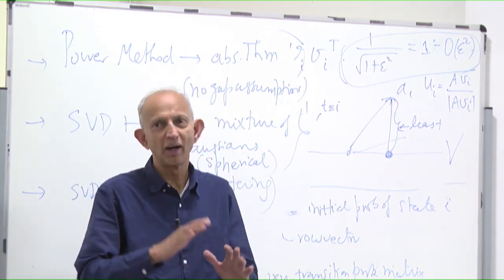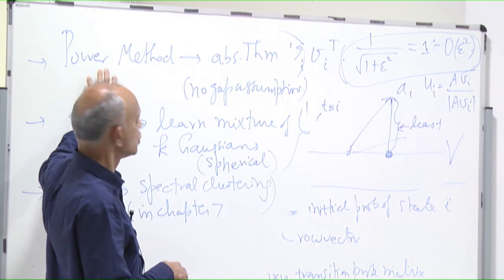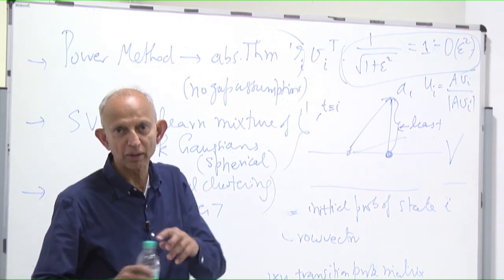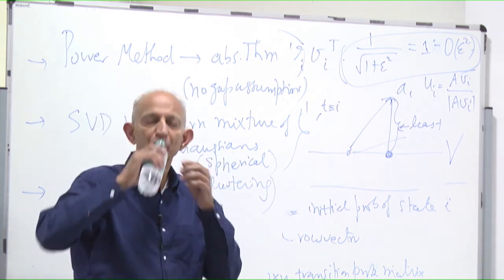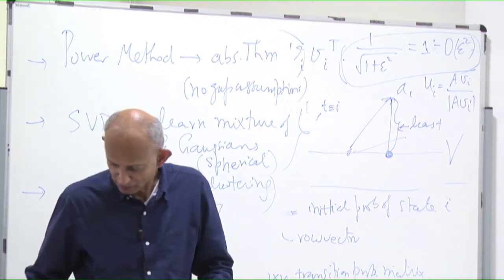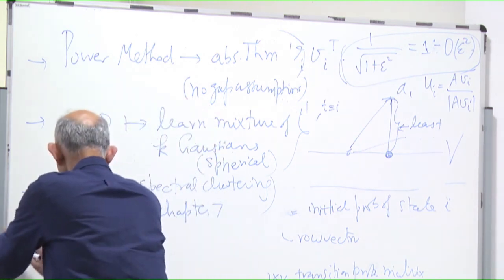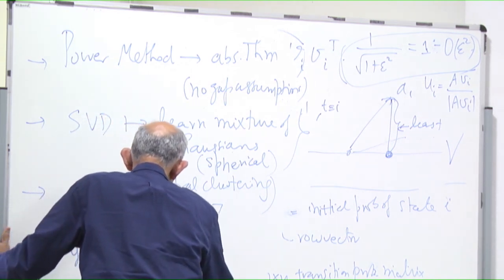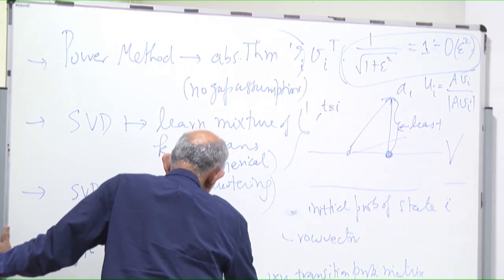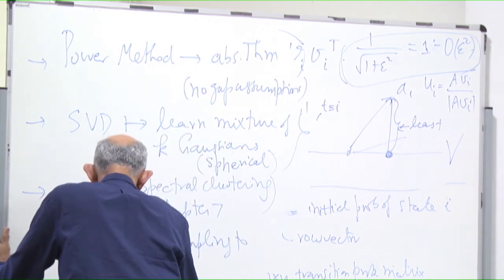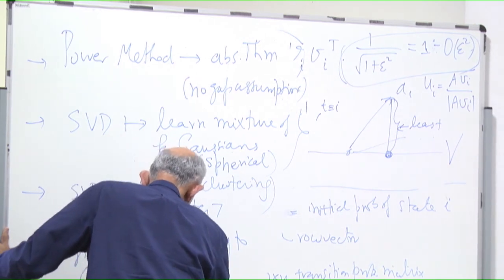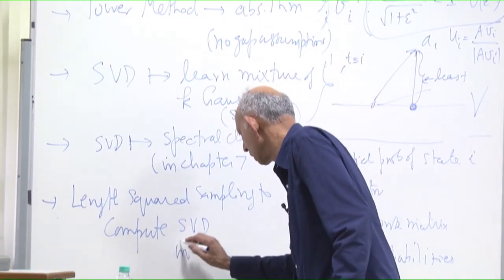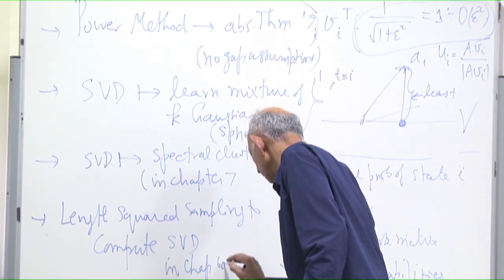For what follows. I may preview the power method at least today. I don't have slides, but I'll preview the power method, and then we'll come back and continue with that and do these things. There's one topic I did not mention, and we'll do it if there's time, which is length squared sampling to compute SVD. This is in a different chapter as well. I think it's chapter 6 or